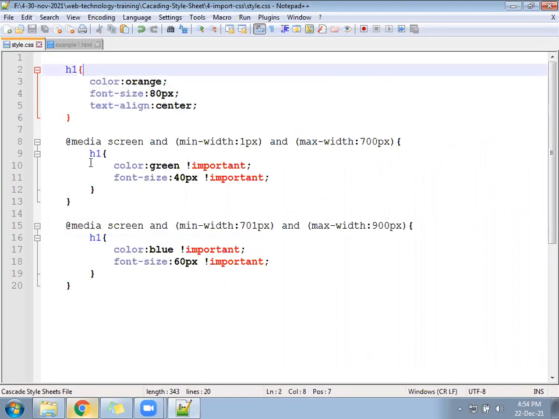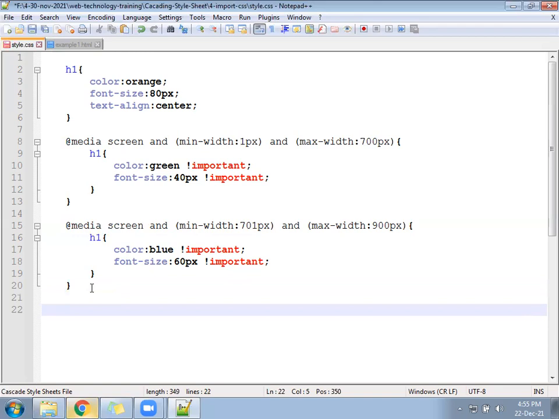Okay. After that, according to the screen size, as the user opens the page on different devices, according to the device width, this particular condition will execute, and when the condition executes, the particular property will change. And we wrote here, in case the browser is not able to understand, then apply the higher priority. So forcefully it will happen. Come next. This file will remain the same.